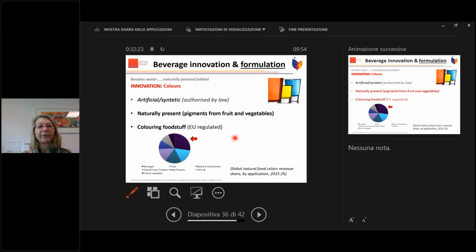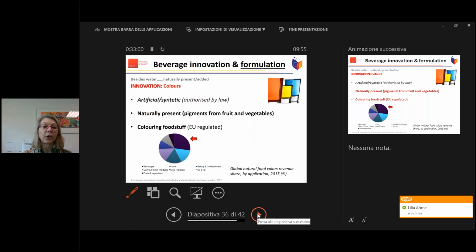Another class of main ingredients, especially in formulated beverages, are colors. Besides the old style, artificial or synthetic ones, whose use is in general regulated by law, now we have new colors, both the naturally present ones that can also be added, and also the coloring foodstuff, which is an interesting category of coloring agents, at least in Europe, which are